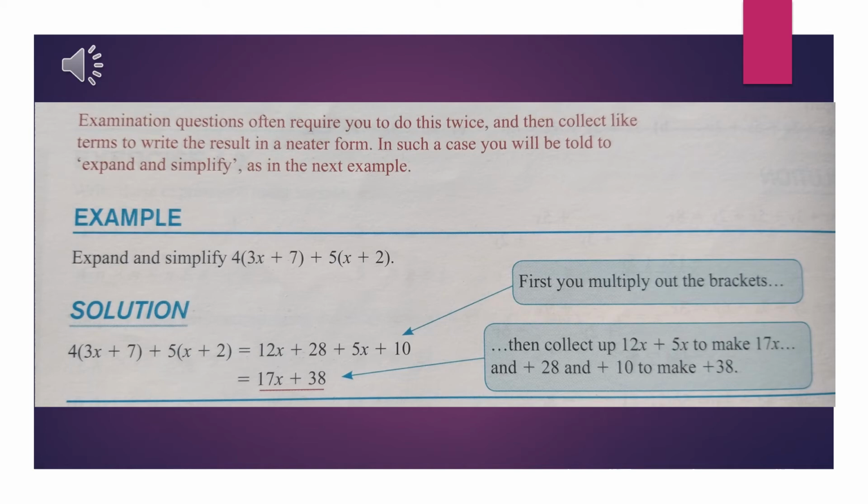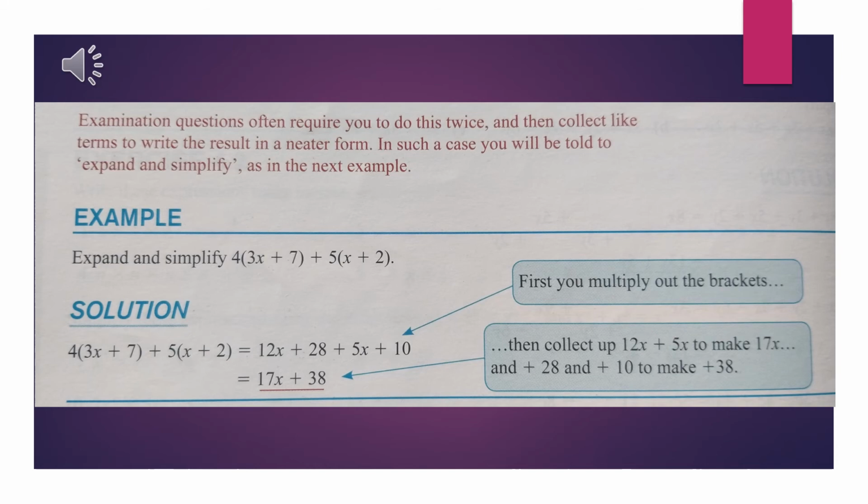In such a case, you will be told to expand and simplify, as in the next example. Example: expand and simplify 4 times 3x plus 7, plus 5 times x plus 2. That is how we are going to write the question. Then the solution: 4 times 3x plus 7 comes to 12x plus 28, plus 5x